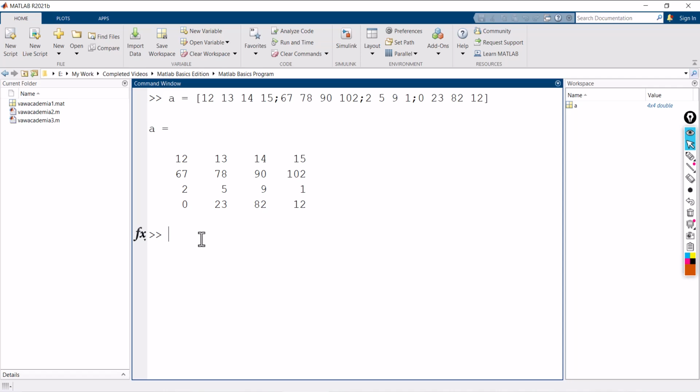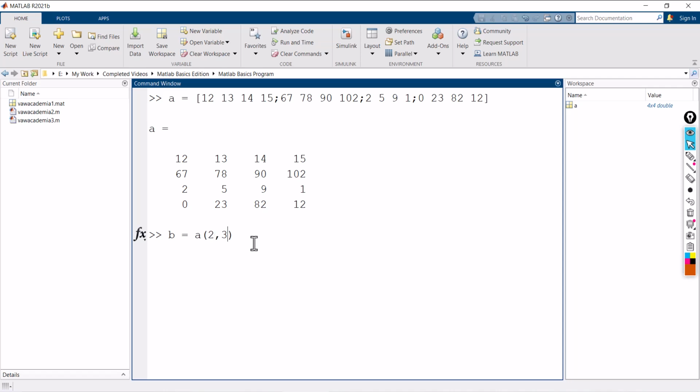From this 4 cross 4 matrix, we'll discuss how to do array indexing. There are two ways you can represent a particular element in an array. One way is, let me take B is equal to A of